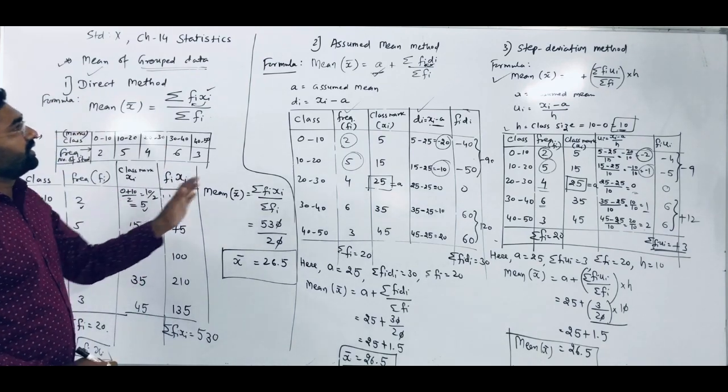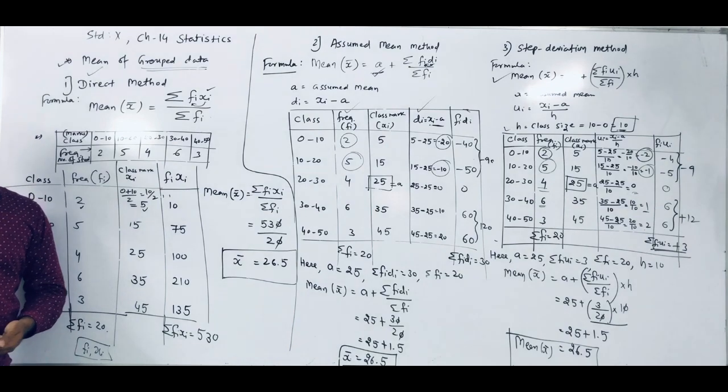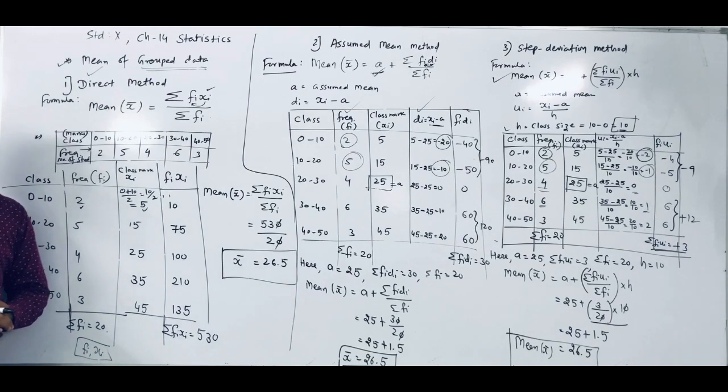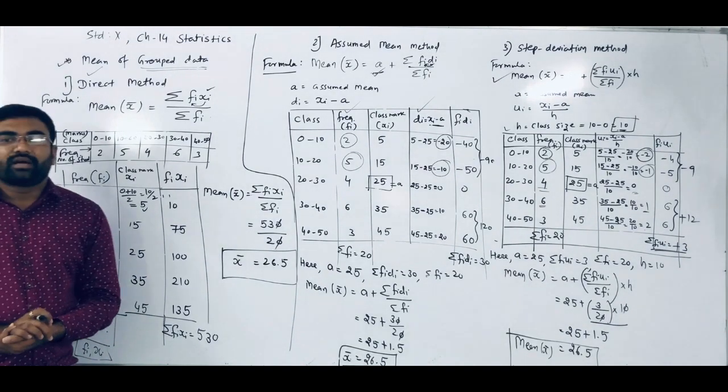Okay, so that way we have to remember the direct method, assumed mean method and step deviation method, and we have to solve its sums in our exercise 14.1. Okay, so in 14.1 there is given, find out the mean of the